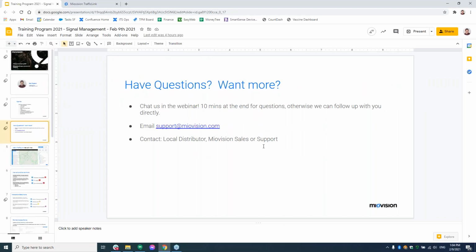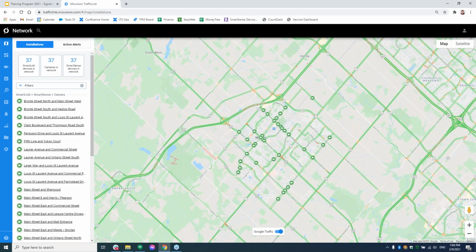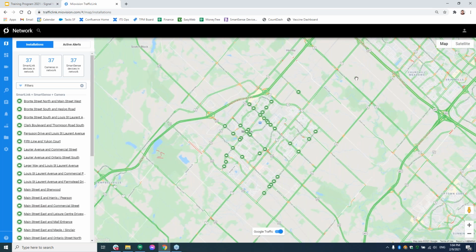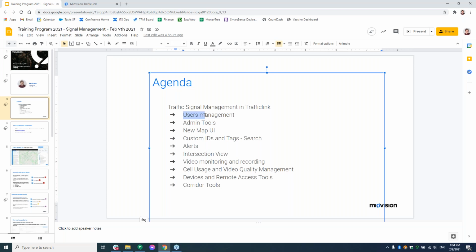Let's jump over to the platform and get into it. I think I'm sharing my screen okay here. All right, so I wanted to work through this agenda in the platform. We're going to cover things about user management, the admin tools for the administrators that may be on the call to see what they have visibility into, and obviously the new map UI if you've logged in recently.